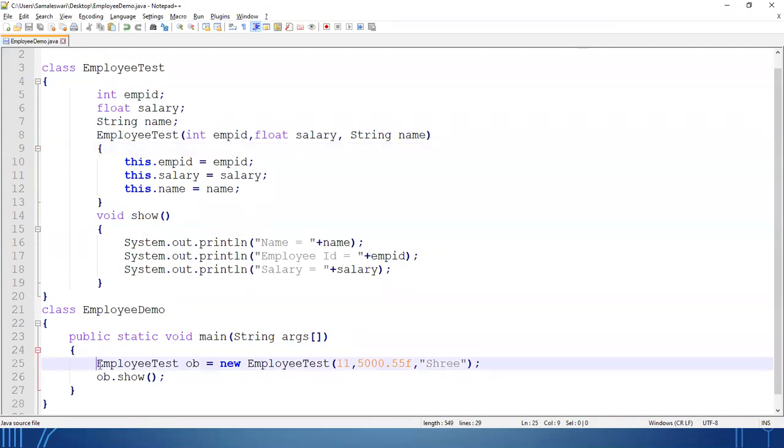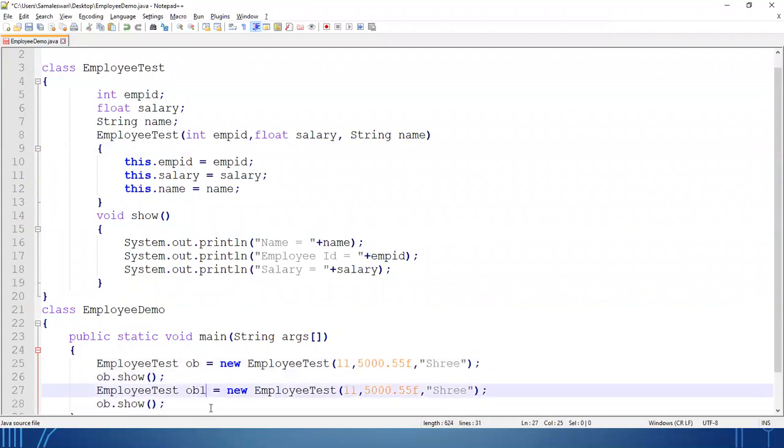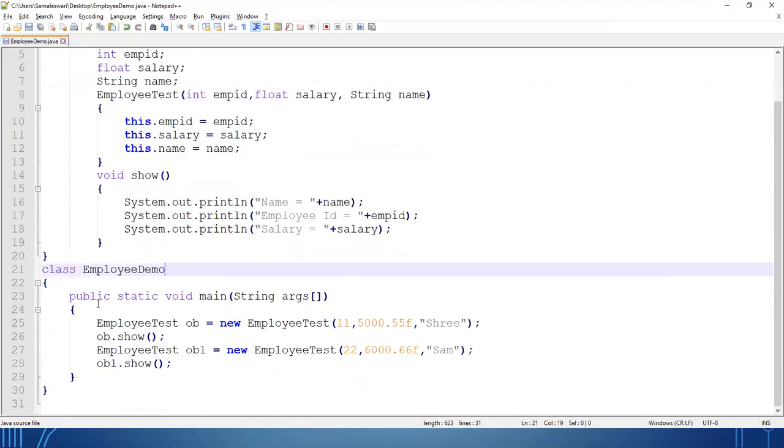How will we know that? Let's create one more object, suppose ob1, here I have changed the values. Done. So let's see. Initially, whenever ob has been created, this points to ob. Whenever ob1 has been created, this should point to ob1. Otherwise, how would these values be assigned? Clear? Let's check this one.